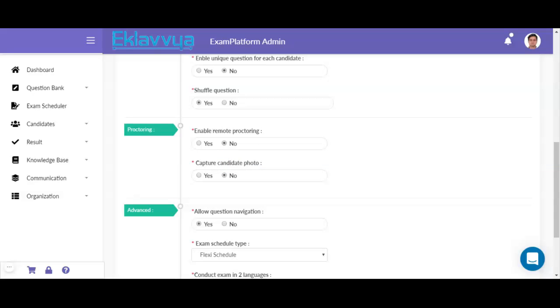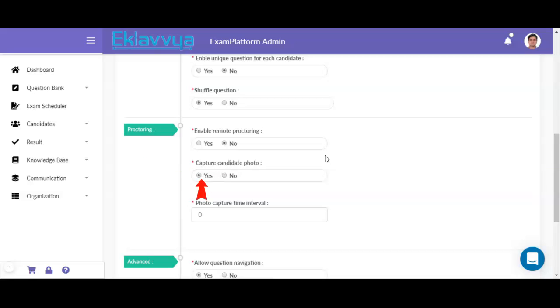Next, an additional feature is available related to capturing candidate photographs. If you would like to capture candidate photographs after a certain time interval, say 30 seconds, 60 seconds or 45 seconds, then you can set this timer for the photo capture timer interval as shown on the screen.